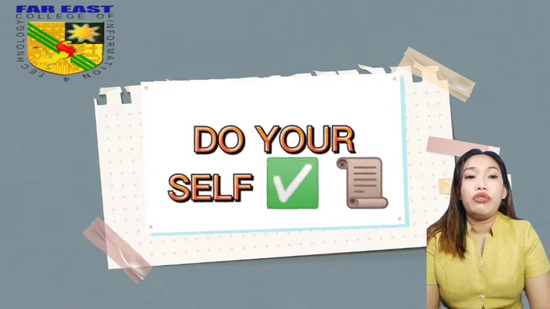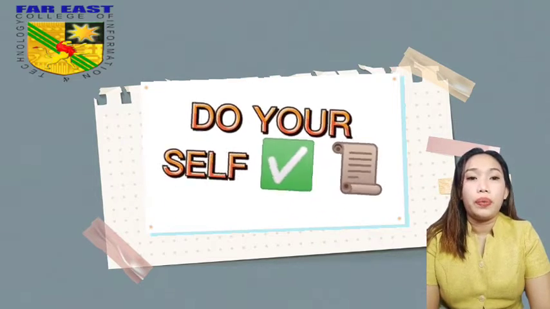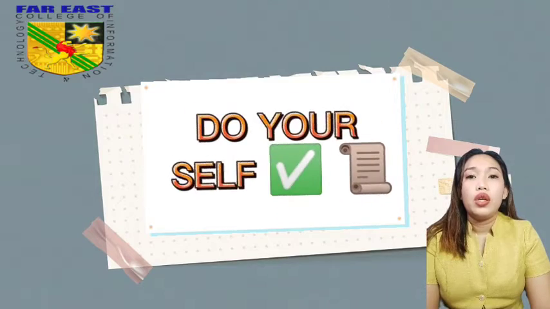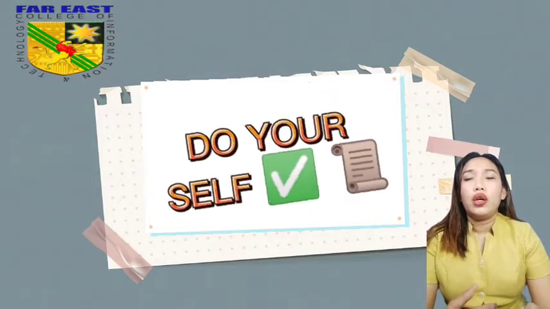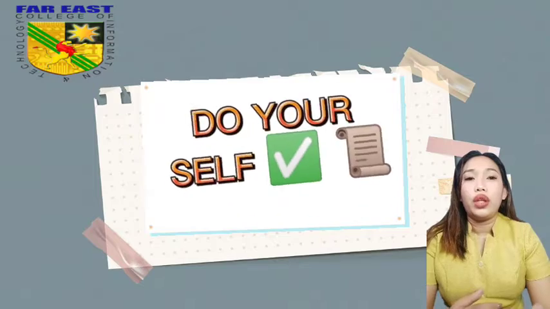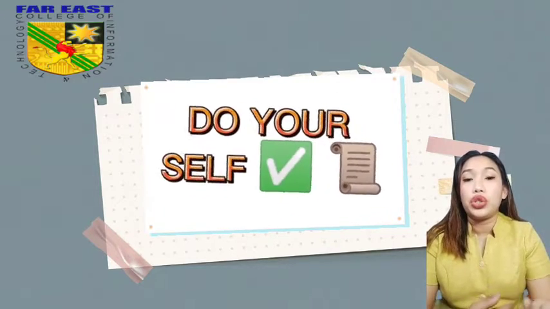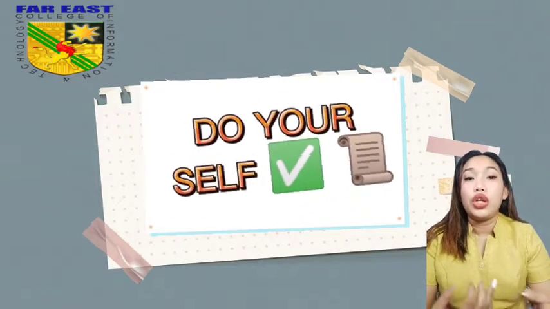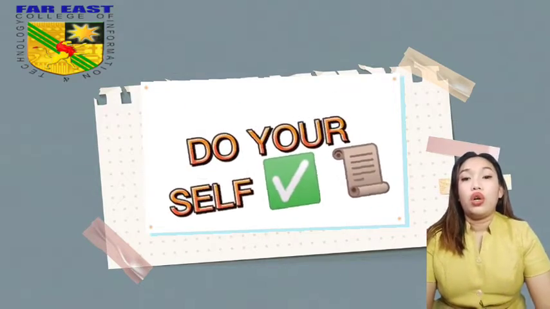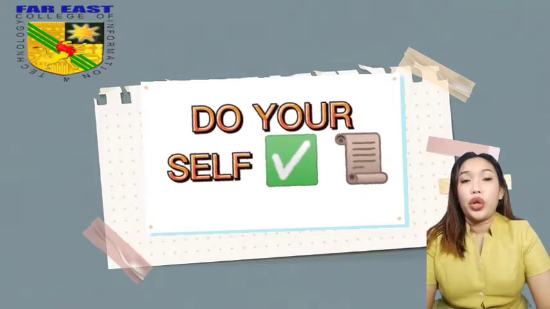So, for your activity, you need to answer the subject. Ayan. So, the subject is, as you can see on your module, what can you tell about the picture? So, you will just define what the picture is all about. So, you just need to explain what you can see, or what you feel about the picture or about the painting